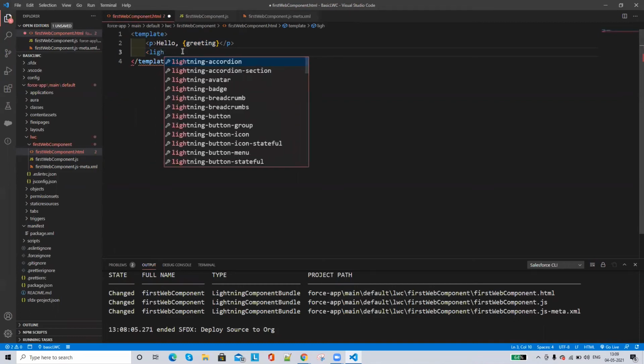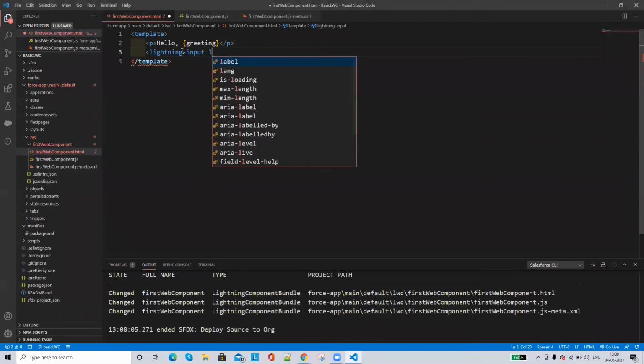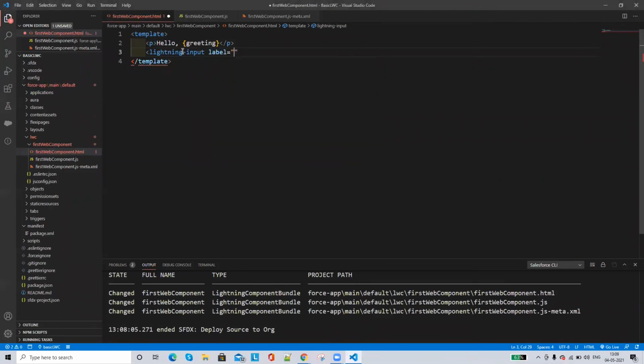Let's say lightning input, and pass the label as equal to name, and value should be greeting, and also pass onchange equal to changeHandler, and let's close that lightning input.